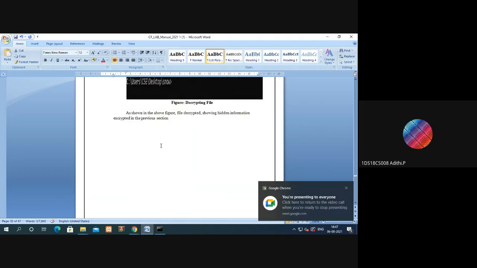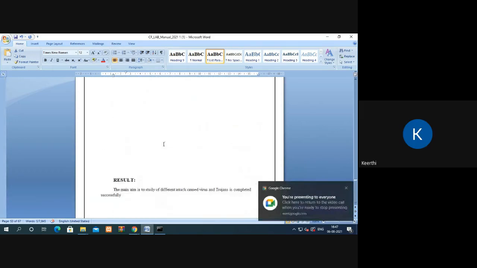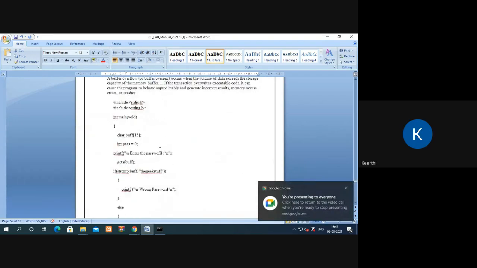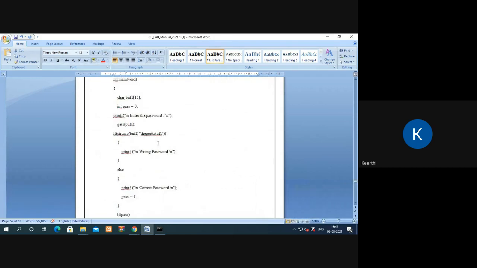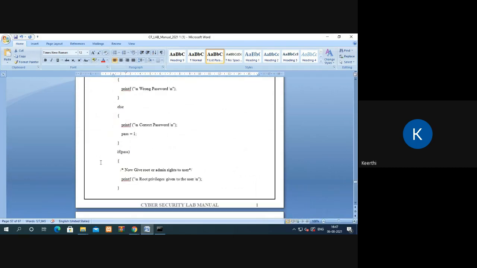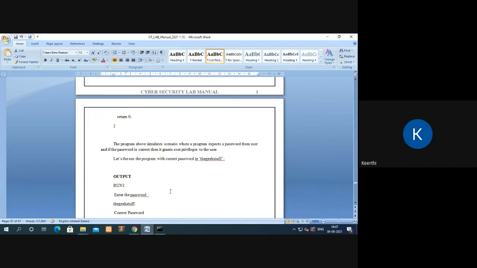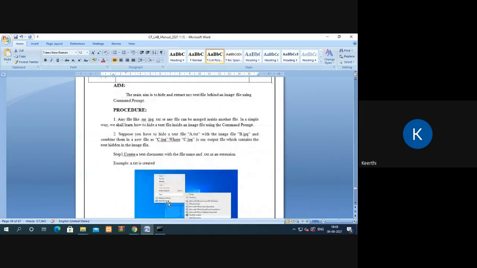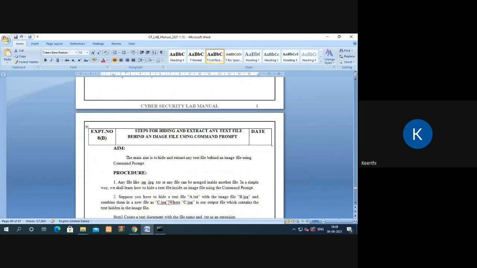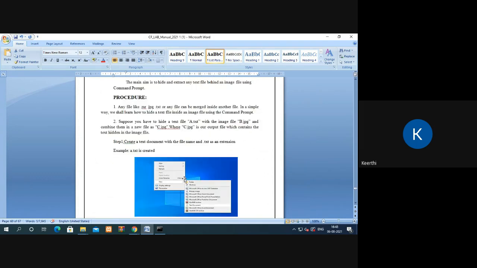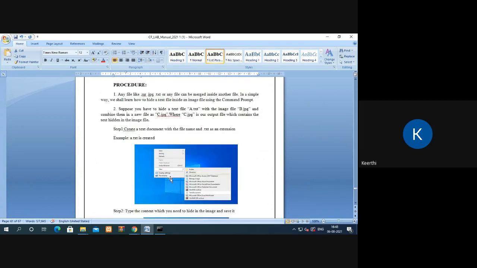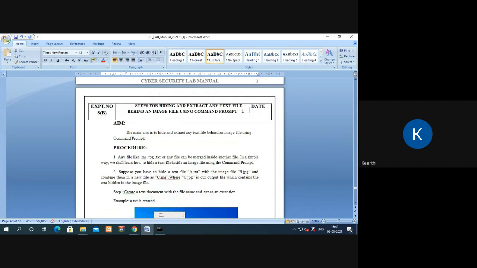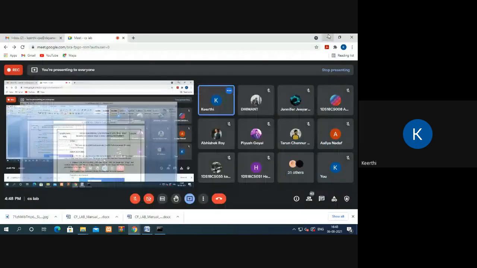Yes, ma'am. Okay, so the next one is the theory part, and the next one is the buffer overflow. You can run this command program, right? And this is the theory part: steps for hiding and extracting a text file behind an image file. Okay, so for this exercise there is no tool. For this, you have to create one